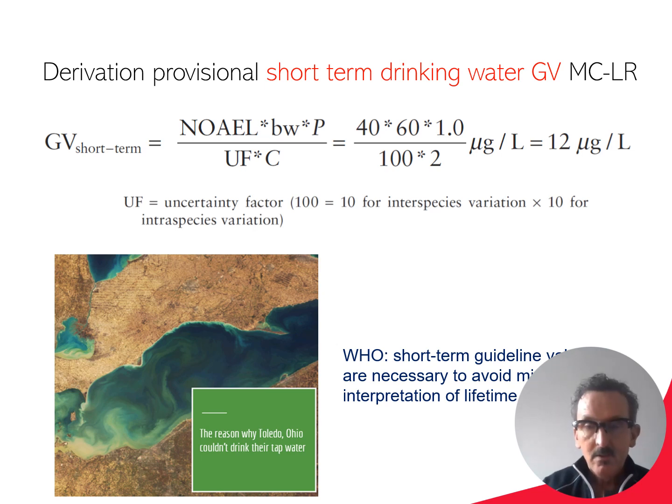leading to a guideline value for short-term exposure of 12. So then back to the question of Toledo: the mayor closed the tap system because the microcystin concentration, I think, was in the order of 1.2 micrograms per liter, exceeding the guideline value for chronic exposure, but it was only there for a few days. So clearly 1.2 is well below this guideline value for short-term exposure. So maybe, again scientifically, we can conclude that the reason why Toledo, Ohio couldn't drink the tap water, we changed it to they could have taken tap water because it was short-term exposure.